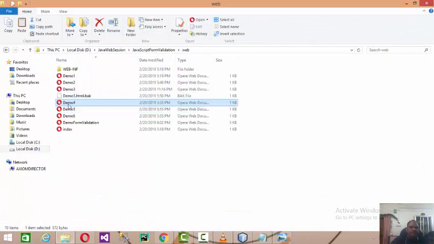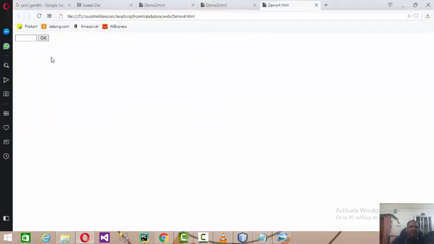Let's try and execute it. Okay, here is the input and OK button. If you click on OK, it will say please fill out the field because it is required. Second, the minimum range was 100, so if you input 12, it will say value must be greater than or equal to 100. If you input 500, it will say value must be less than or equal to 300.